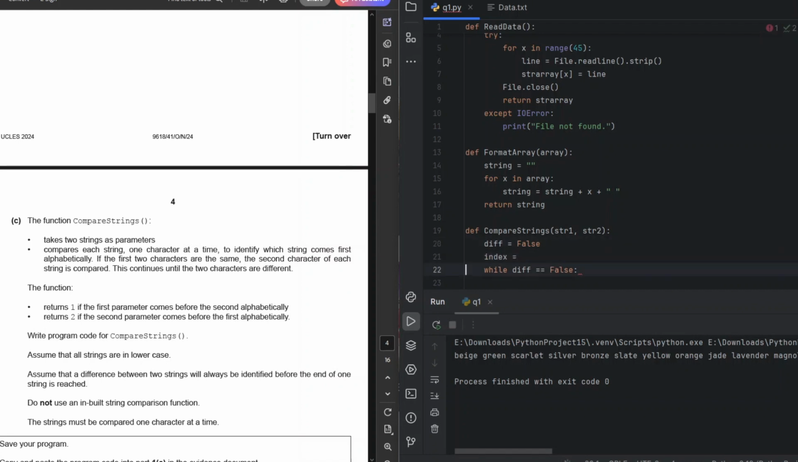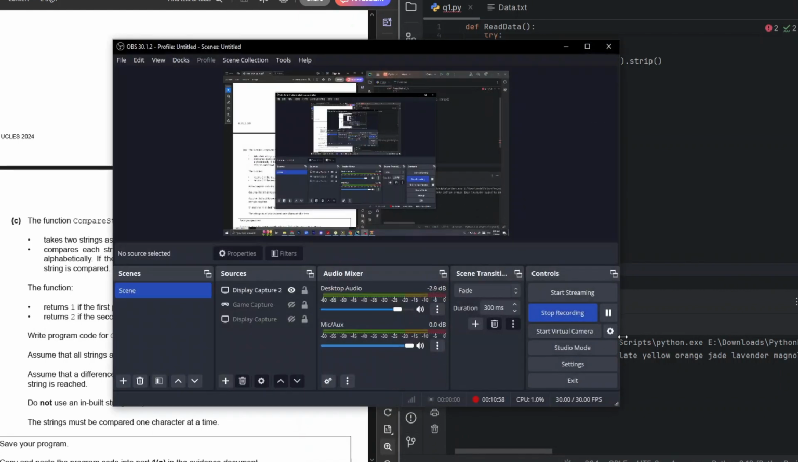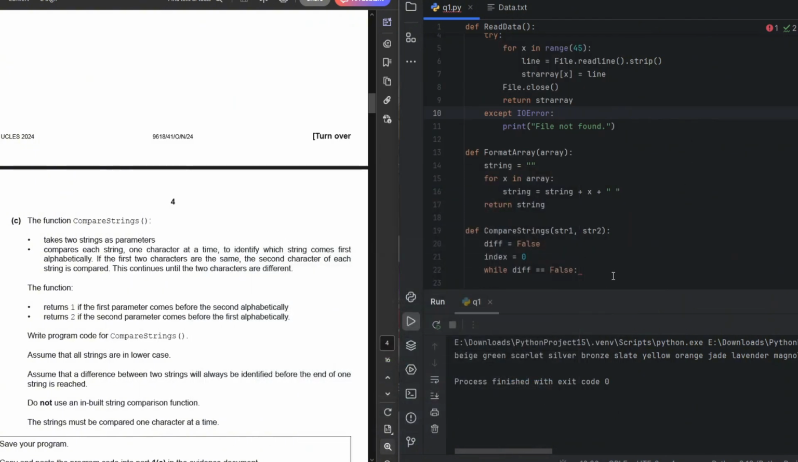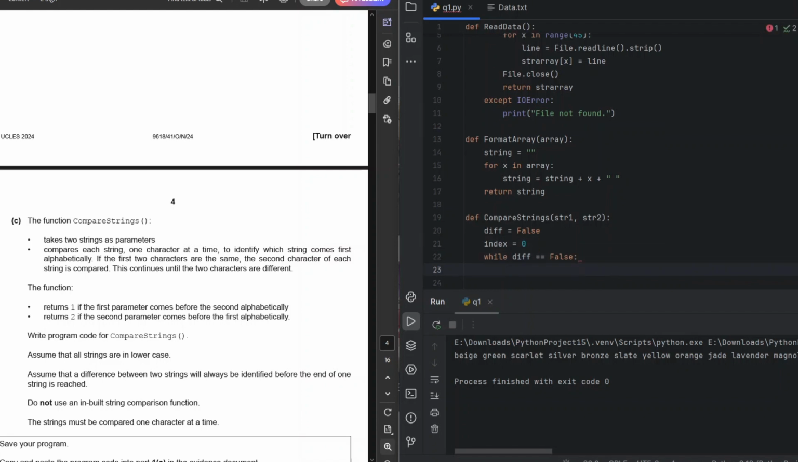Also let me just declare a variable. What I've done over here is just declared an index variable to grab hold of a character in the string, and now I'm going to be comparing these. So if string 1